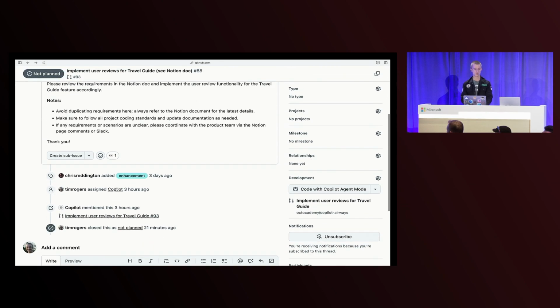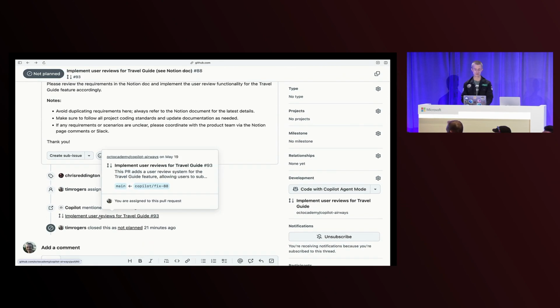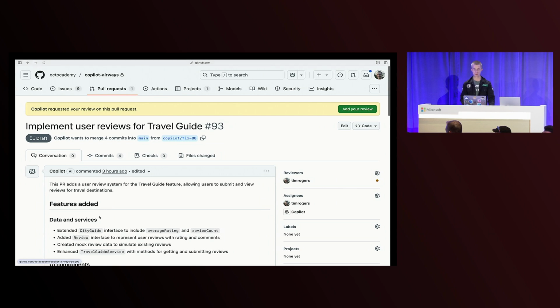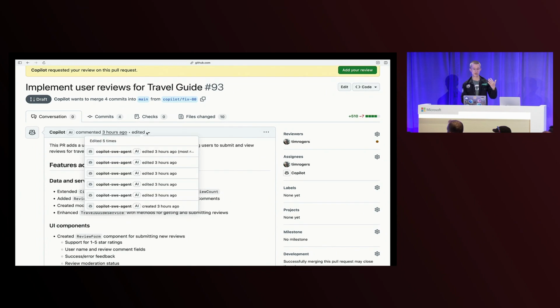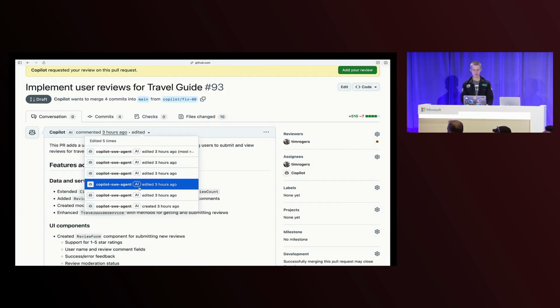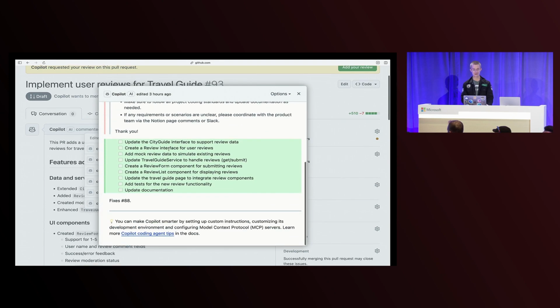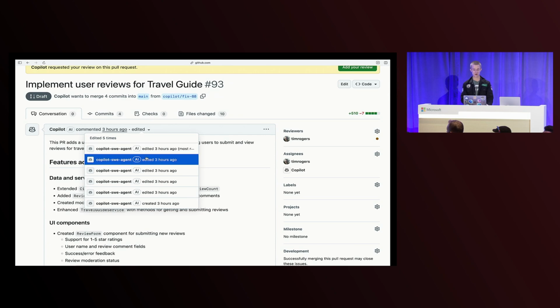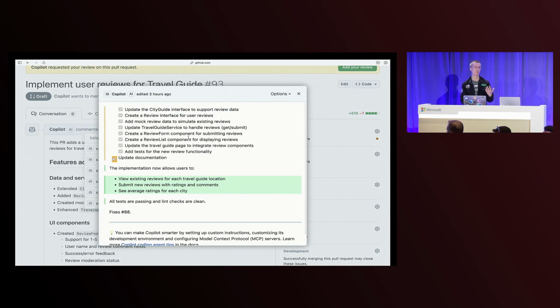This issue was assigned to Copilot earlier on, and Copilot opened up a pull request. When we get started, Copilot opens a draft pull request, which it uses as the kind of canvas, the scratch pad for its work. And as Copilot works, it gradually updates the pull request's body and title to update us on its progress. When the pull request was first opened, we have this, like, thanks for assigning the issue to me. Then as it works, it adds a plan like this, and then it starts to tick off that plan and check items as it completes them.